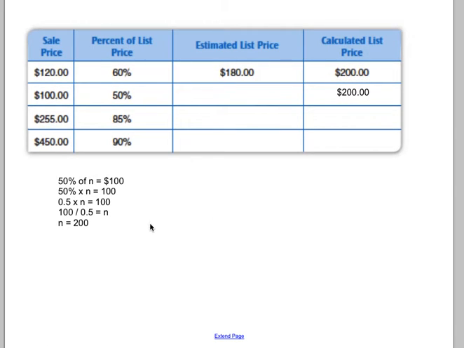Now I can do the same thing by changing that 50% into a fraction, 50/100ths or 5/10ths. Okay, and work it without a calculator. Now you'll see in this example they were asking me to estimate it first. You want to make sure you do that. I didn't do that in this video just for the purpose of keeping it more brief. Okay, so